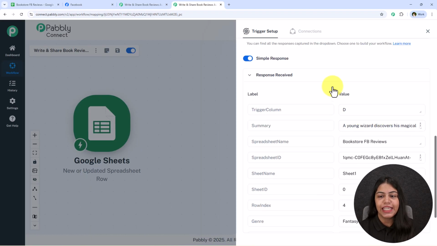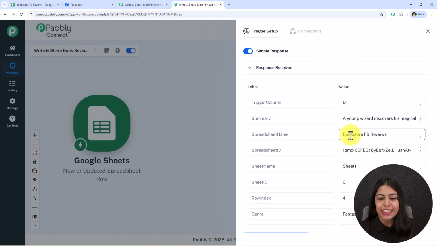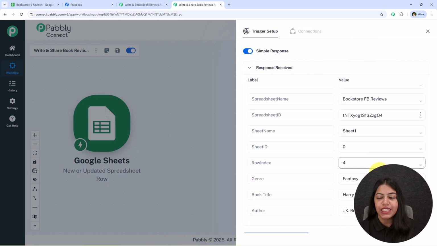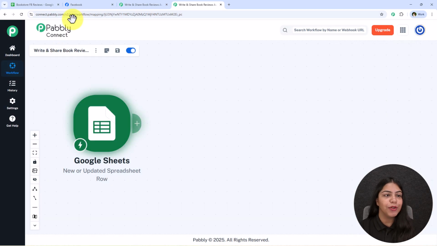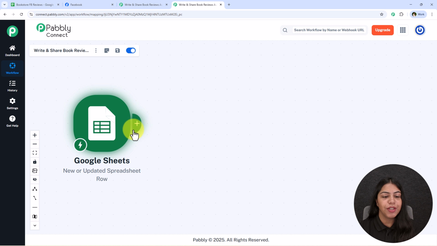Pabbly has successfully captured this webhook response 6 seconds ago. You're going to see all the details: the summary, the sheet name, the row index, the genre, the book title, and the author. Now what we're going to do is, using these details, I'm going to write the book review and post it on my Facebook. Alright, so I'm going to click on this add new